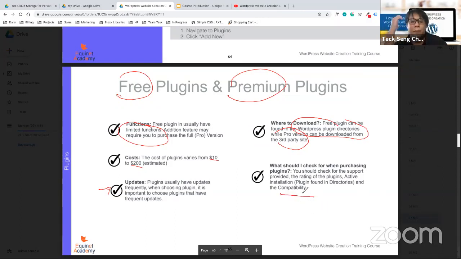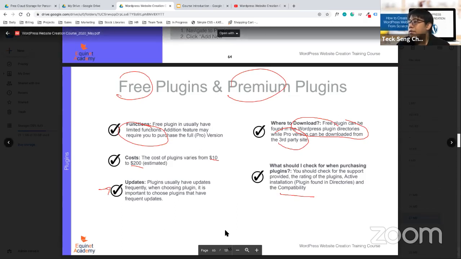Usually for plugins, most of the things that we went through in the course you can install and they should be working fine. But sometimes when you try certain plugins, they actually disrupt the website itself. Then that's where you should deactivate the plugin and activate it again to try out. So tomorrow, the first thing we are going to do is troubleshooting for websites. I will teach you more about how to troubleshoot your website.